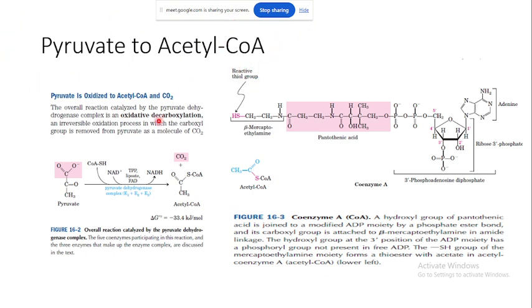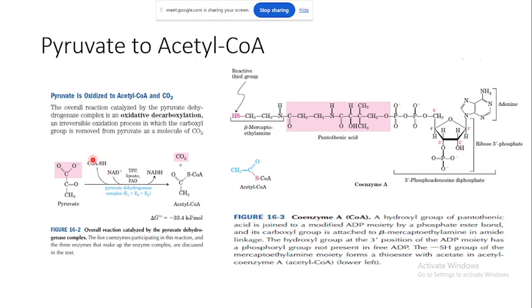As we know, the glycolysis process occurs in the cytosol. So in the cytosol, from one molecule of glucose, the cell is getting two molecules of pyruvate. Now, if the cell has to participate in the TCA cycle, the TCA cycle enzymes are in the mitochondria. So if the pyruvate molecule wants to enter the TCA cycle, it has to enter the mitochondria. How it will enter, we will see. The first process for entering the TCA cycle is that pyruvate will be oxidized to form acetyl CoA